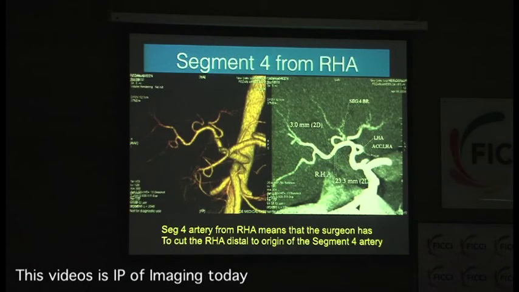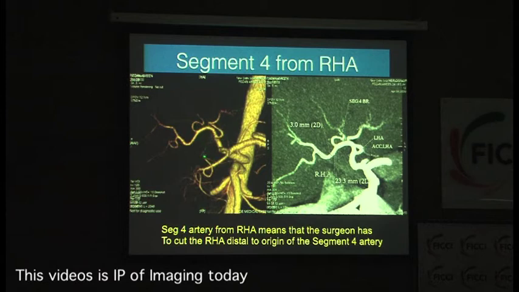Now there is a concept of looking at the segment 4 artery when you are taking a right lobe graft. Why? Because the segment 4 artery is the artery next to the area which is going to get cut, so it is liable to get injured. The segment 4 artery is also a very small artery, not usually seen unless you make an effort to see it. So you always make sure that you look for the segment 4 artery when you are doing a donor hepatectomy. Okay, so this is a segment 4 artery which is arising from the right lobe of the liver,